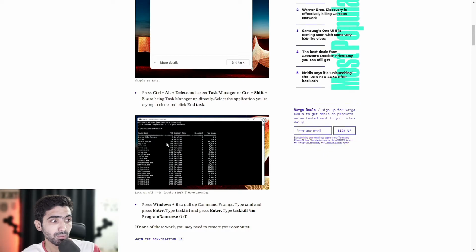Type taskkill space /IM program name.exe. So basically, whatever the program name that you're trying to stop, and the way it shows in that list, just replicate that name. Taskkill space /IM program name, and instead of program name, you would write chrome.exe, if that's one of the tasks that you're trying to kill, space /T /F, and that should take care of the process. I'm sorry, there's a space in between the T and the F, but yeah, so every single entry that you're making, just make sure that there's a space in between, and if none of these work, you may need to